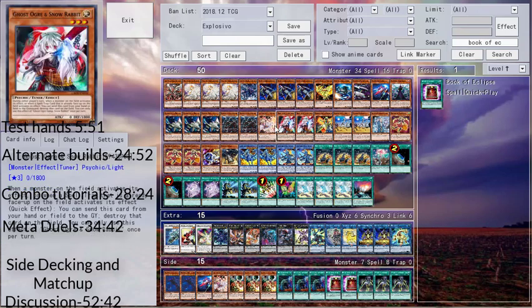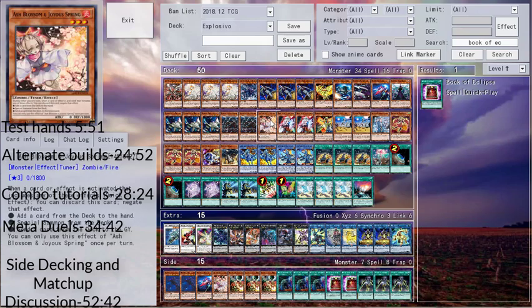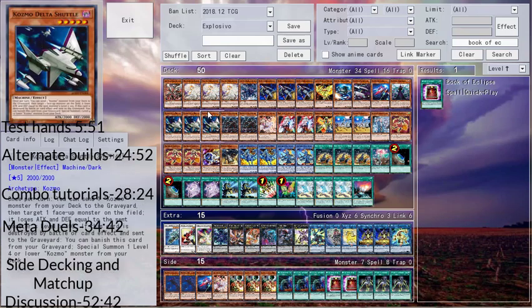Next change we have, our hand trap lineup changed. So I know most combo decks don't play hand traps because they impede their ability to combo. But this is a combo deck that can play hand traps because the hand traps are combo pieces, which is weird. Ash Blossom, as we said, is a fire elemental, so Ash with Vanisher or Diagram can